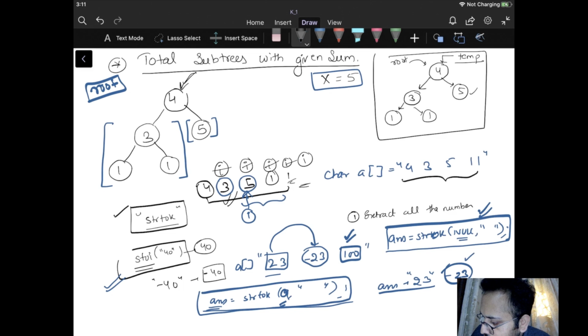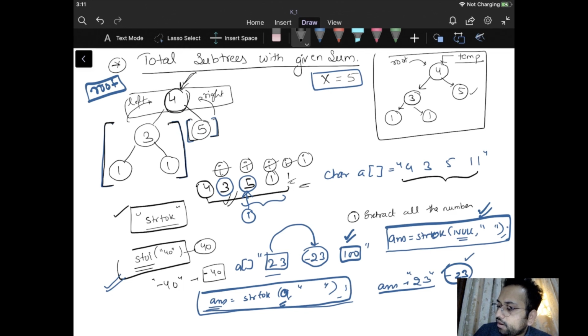So what we are going to do is check for one tree, which is the biggest tree. I'll check what is the sum of this particular tree. I'll ask the recursion to find the sum of the left subtree, and I'll ask it to find the sum of the right subtree. Once we have the sum of left and the sum of right, the sum of the entire tree will be root data plus sum of left plus sum of right.